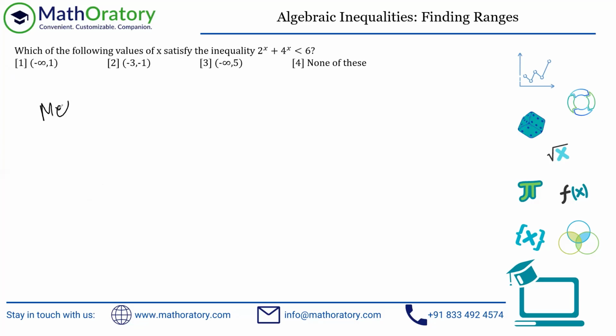So for the second method, you can definitely do this algebraically as well. For that, you need to understand that 4 to the power x is always a square of 2 to the power x, x being whatever, because 4 to the power x is something like 2 square whole to the power x. And by the way, this is some basic understanding of indices, because here the powers get multiplied.